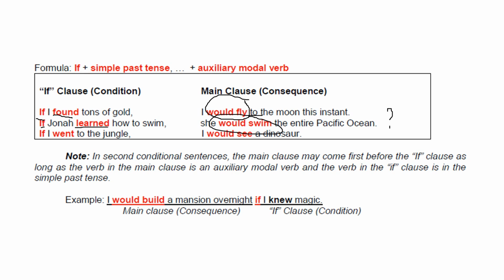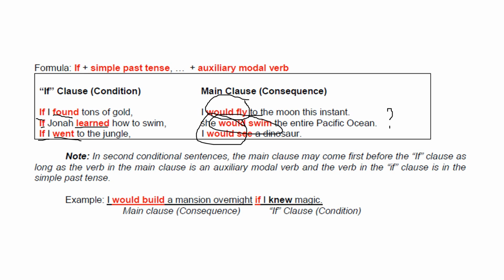Let's say, for example, from the Philippines to California. If I went to the jungle, I would see a dinosaur. I don't know if he was talking about the Tyrannosaurus Rex, Velociraptor, Stegosaurus, you name it. But if he was talking about chicken, maybe. But anyway, note